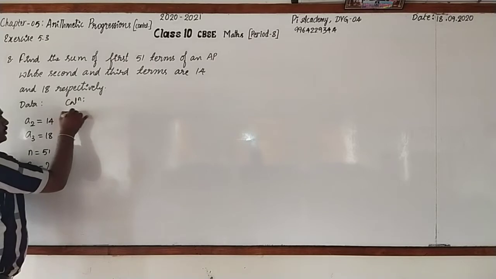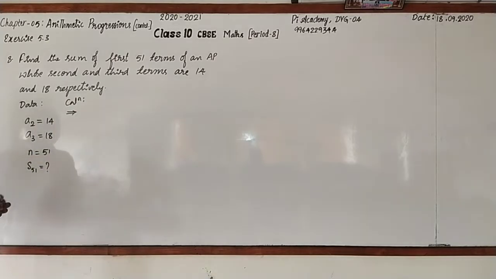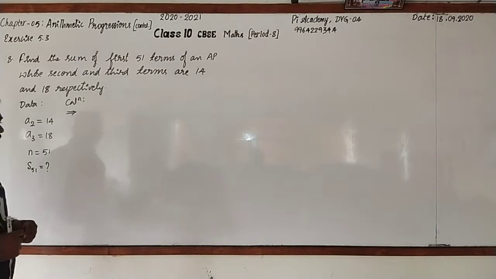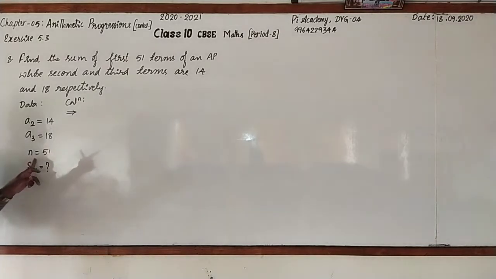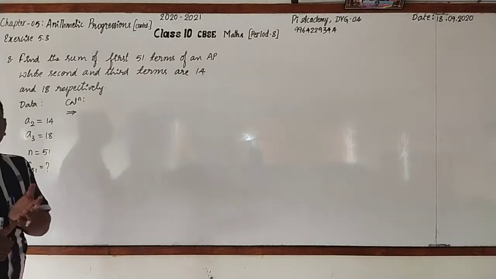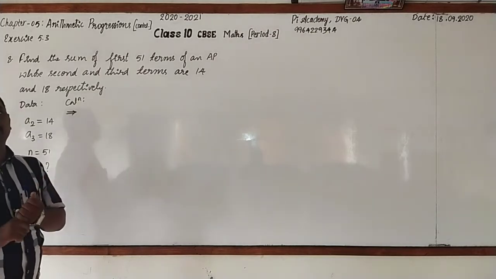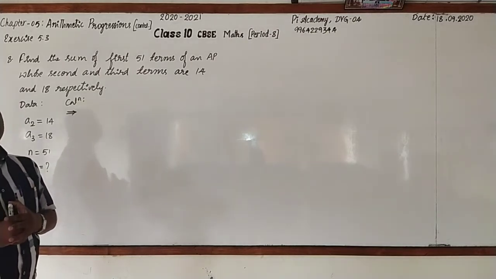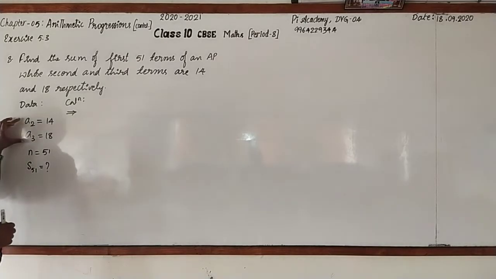Calculation. Dear students, to find out the sum, you can go for using the formula Sn is equal to n by 2 into 2a plus of n minus 1 into d. But here only n is there. Still we need first term and common difference. How do you go for finding first term and common difference? Yes, by using these two. There are two different ways to find out first term and common difference. Let me show you both.